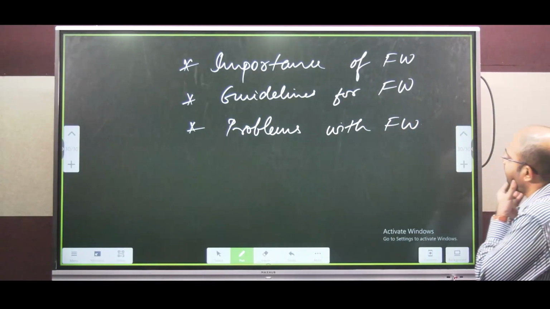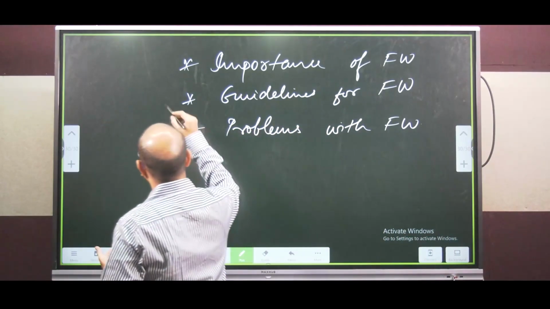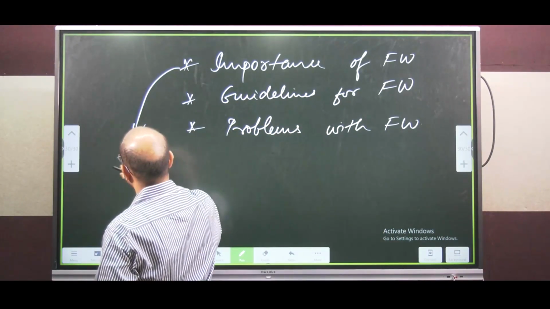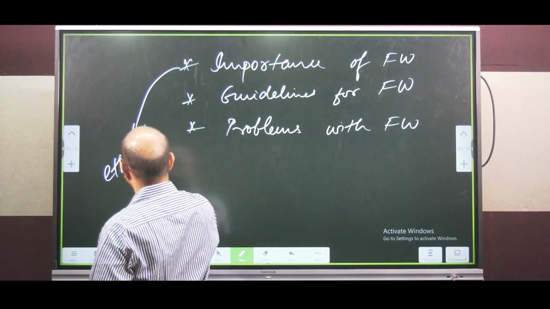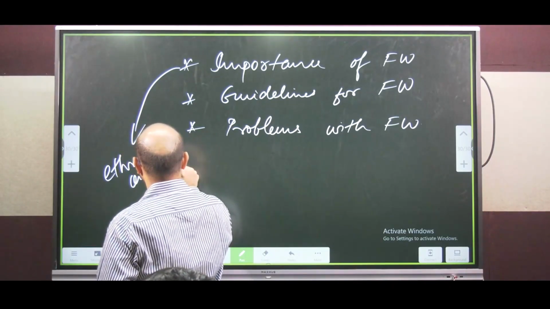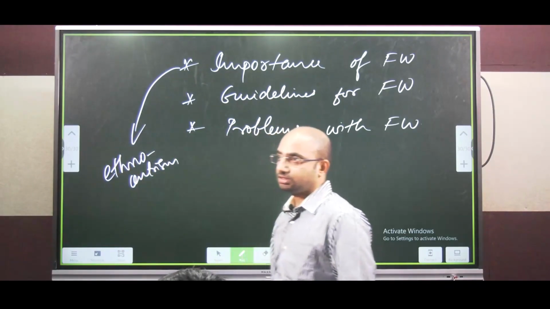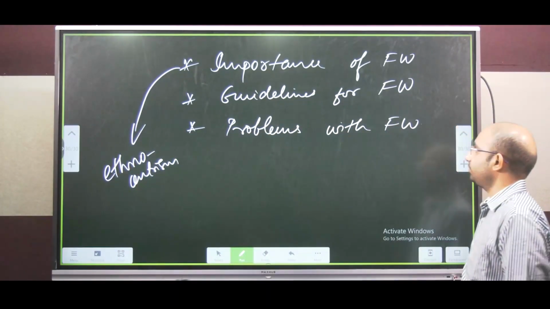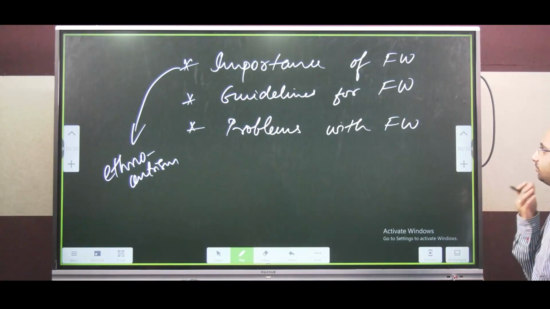So under importance of fieldwork, you can talk about how fieldwork, just like we talked about advantages of participant observation, describe that, and in addition you can talk about how this method reduces ethnocentrism and helps us understand things in a more detailed and realistic way, and talk about what are the steps we need to take for fieldwork, like